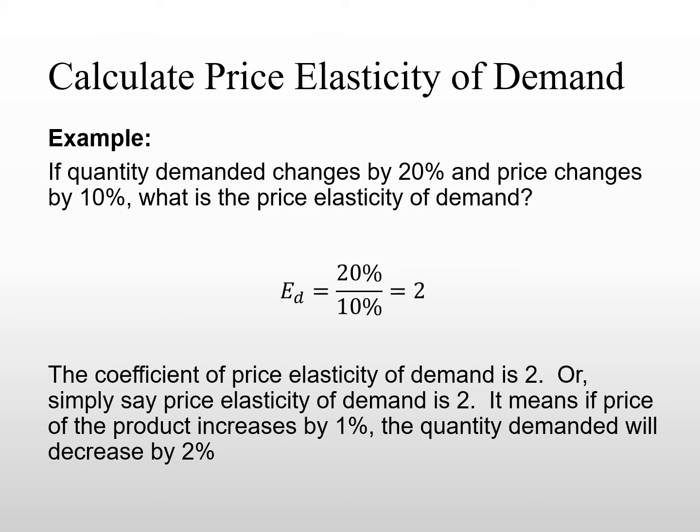Remember, this coefficient gives us a really clear marginal definition. Every time we interpret this number, we always say: for every 1% change in price, the quantity demand changes by whatever percentage is reported by the elasticity of demand calculation. If we get an elasticity of demand equal to 5, that means for every 1% change in price, the quantity demand will change by 5%.